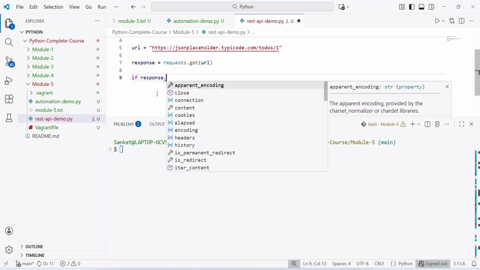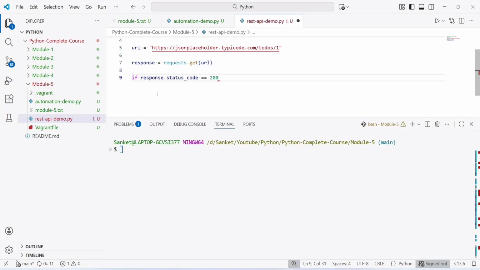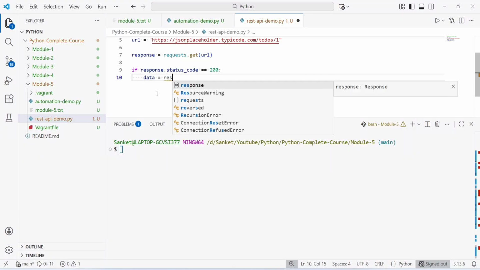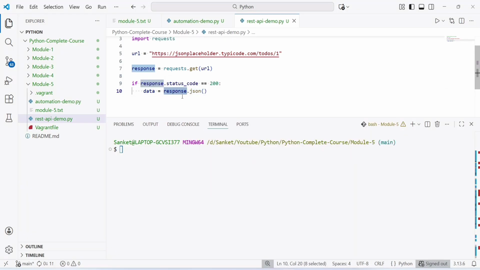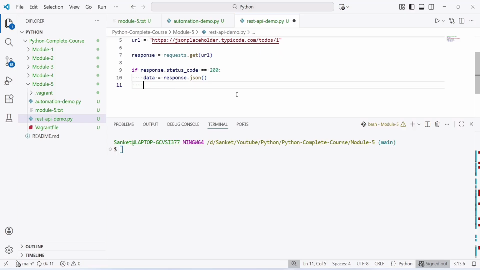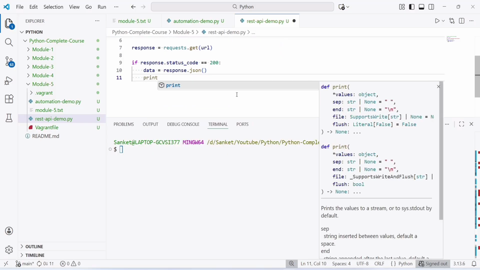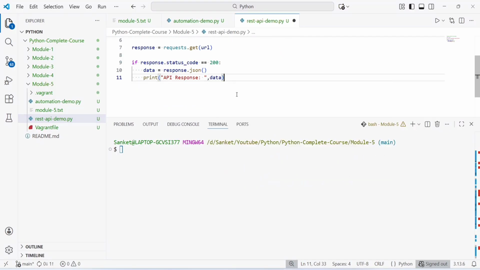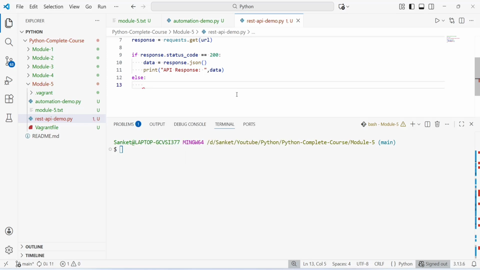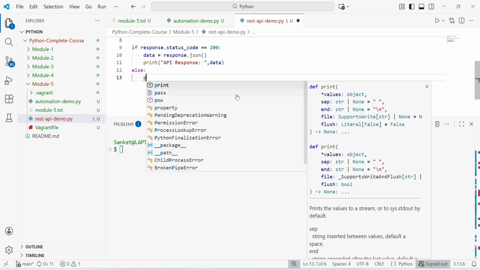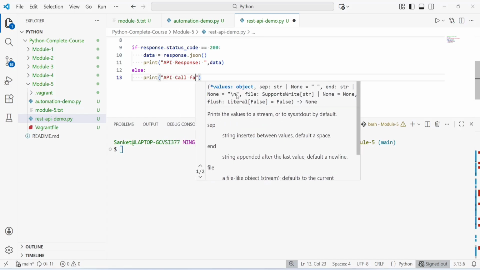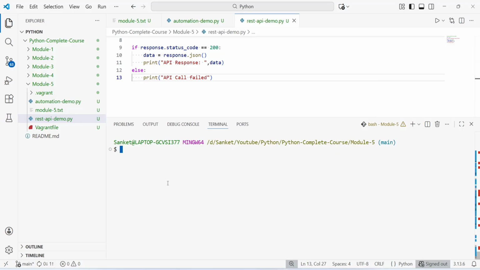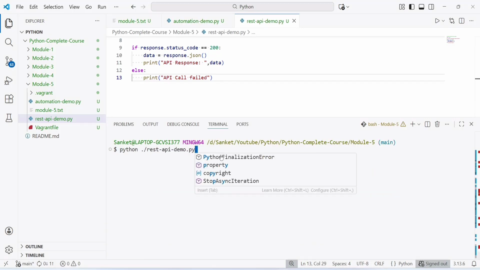If the response status code is equal to 200, which means successful, then we want to process that response. This will return the response in the form of JSON, and let's print this response. Response is nothing but this data. If there's any error while processing that URL, then we can print API call failure. Okay, so let's try to execute this code. python rest_api_demo.py